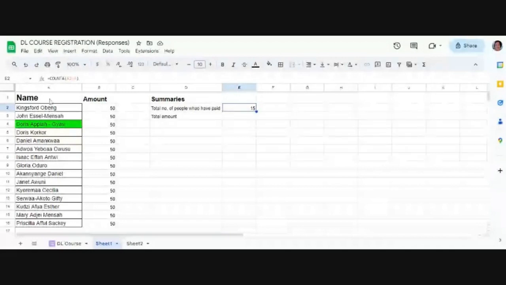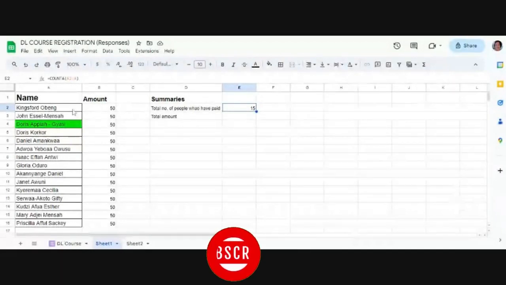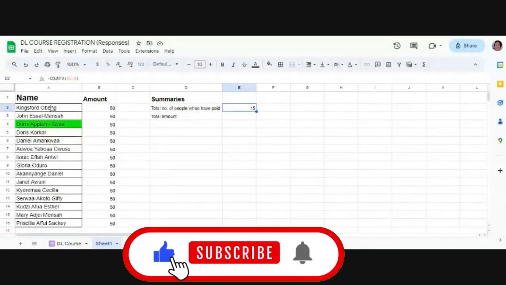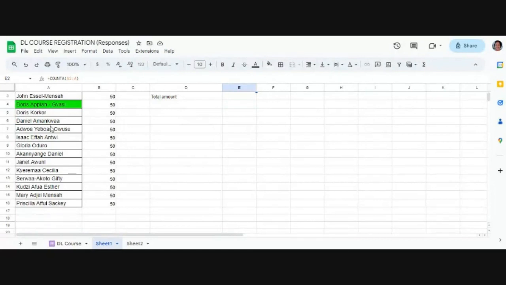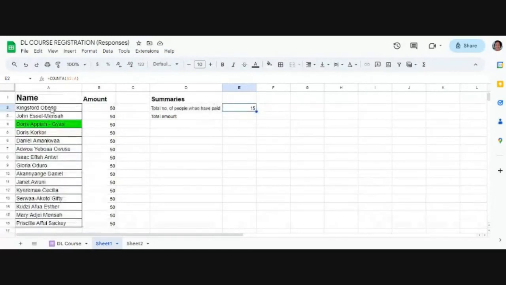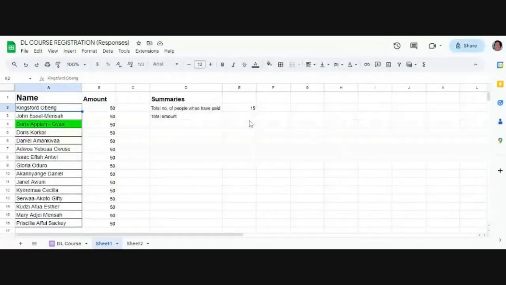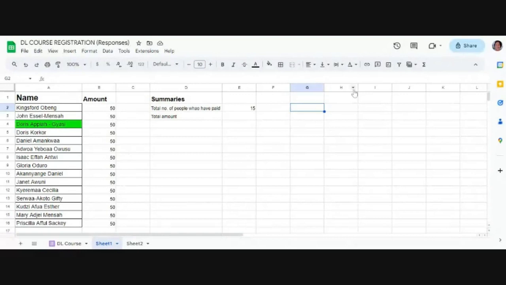But if you also want to restrict it to a certain level in the column, let's say I want the summary to come here. I can say A2. Now let me come here. Please don't be confused, and let me know if you are getting confused. So equal to COUNTA.